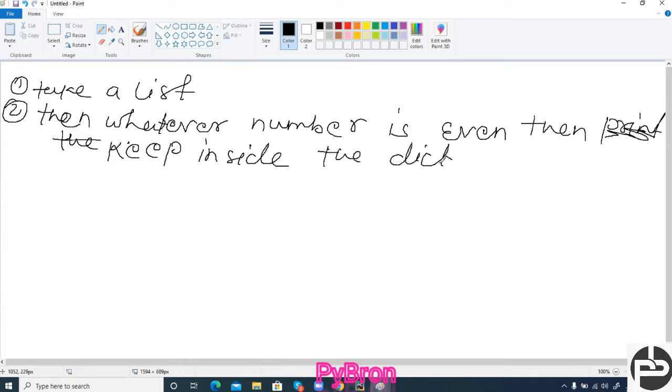How to put inside the dictionary? Suppose I have one list like this, 2, 3, 7, 4, 8, right? And you have to keep all those even numbers inside the dictionary.